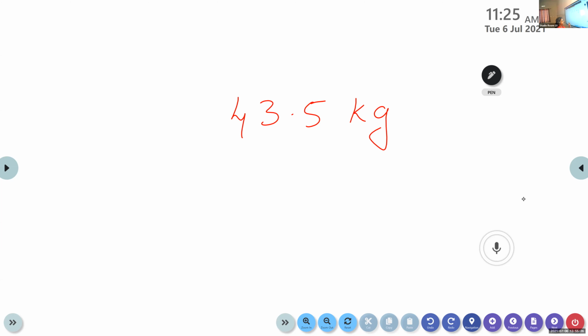Significant digits are expressed in terms of numbers. For example, 13.002. Then the significant digits are 1, 2, 3, 4, 5. Five significant digits are there. Similar to here we have 43. Yes, what is the significant digit present here? 3. Very good. Here the significant digit, or significant figure, is equal to 3.